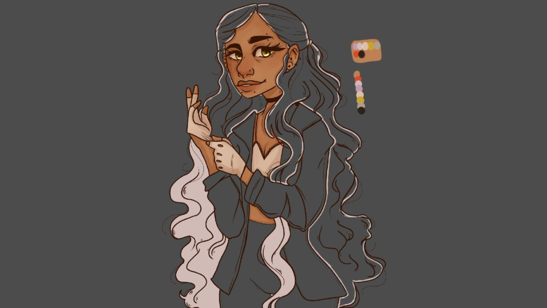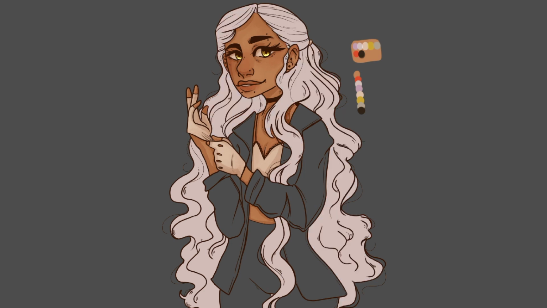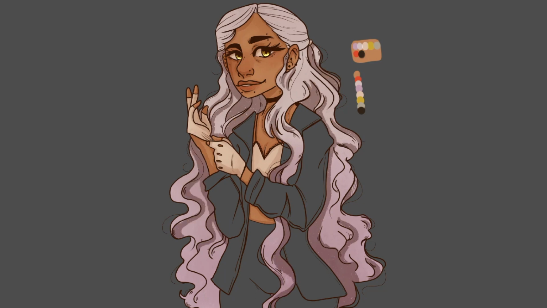Geez, I'm jealous. So with the hair, I went more white here, and then at the ends of her hair, I added more lavender, because it was a silver lavender hair. So that's kind of what I went with. That was kind of just my description of it, and I've been trying to get my colors in more spots than one to make it more cohesive. So the white of her eyes is also on her bralette, her gloves, and her hair ponytail thingy,